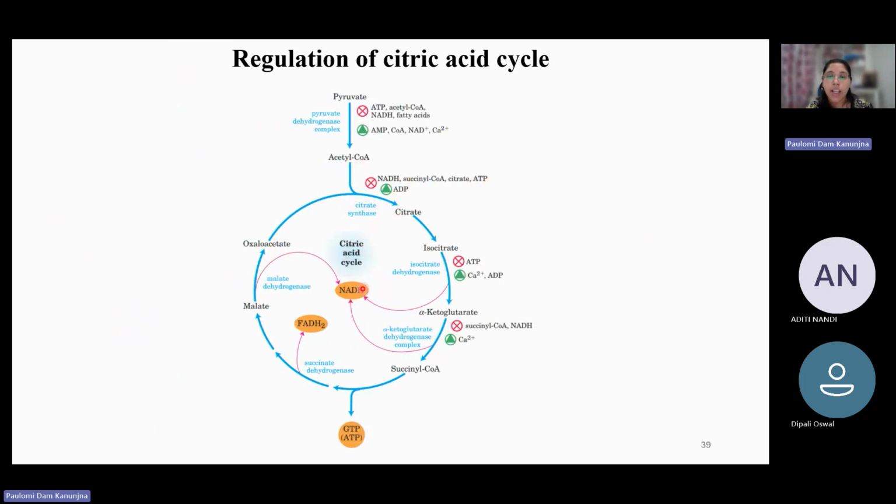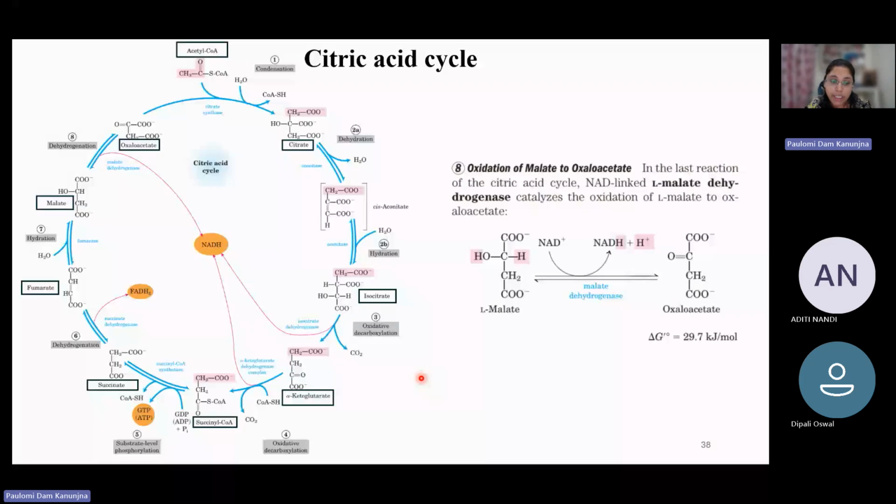At every major step, for example, here, isocitrate, it is regulated by ATP. Alpha ketoglutarate is regulated by the immediate next product, which is succinyl coenzyme A. So when you go back here, succinyl coenzyme A not only regulates the reaction it is forming from, which is its immediate substrate, but it also regulates the starting point of the reaction, which is the